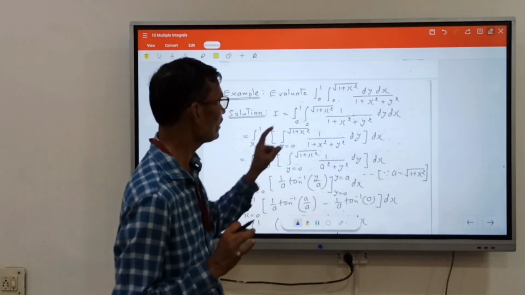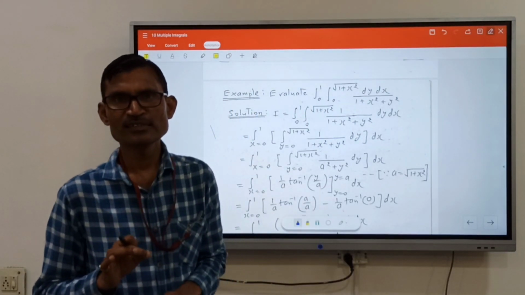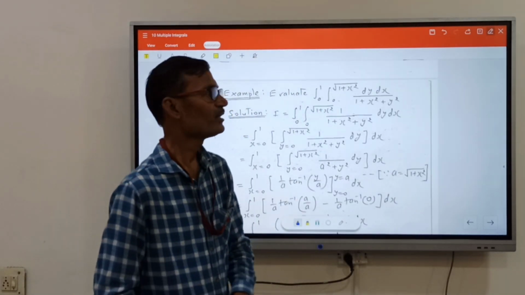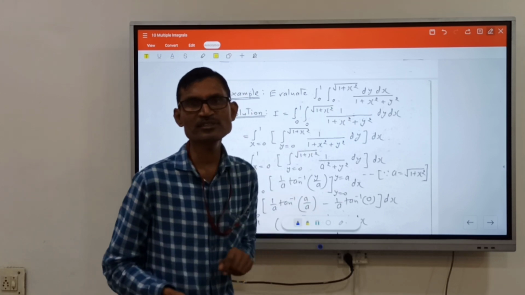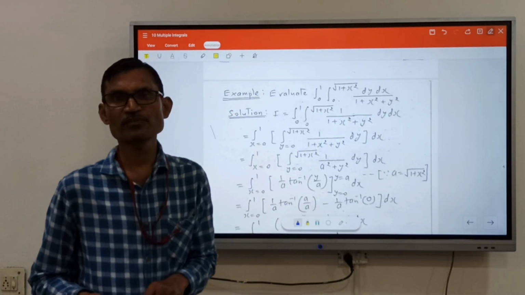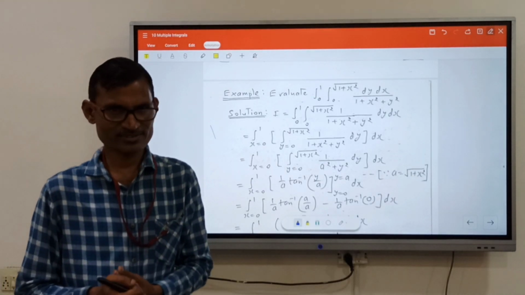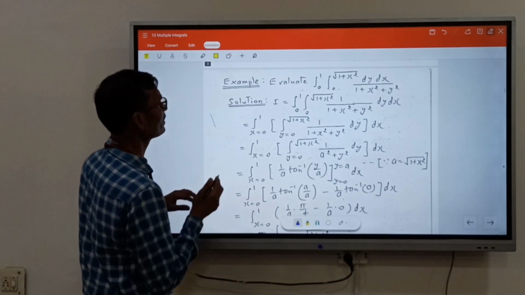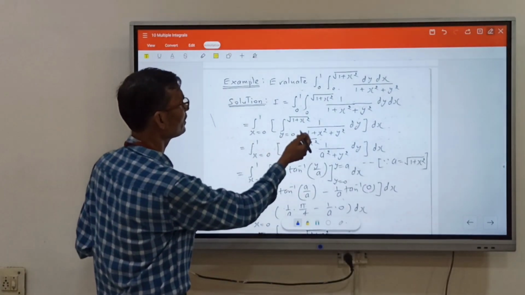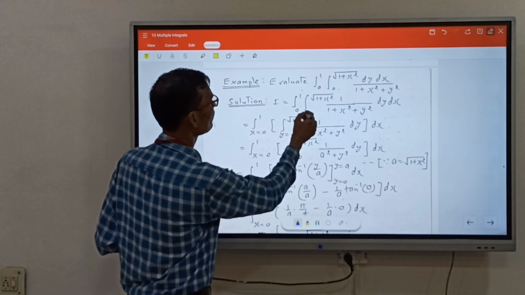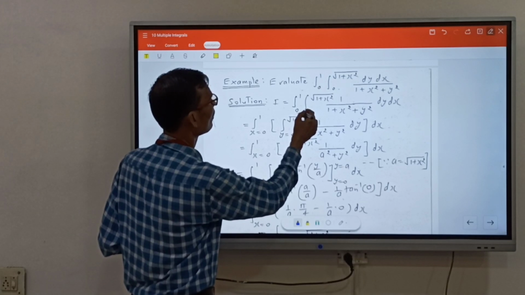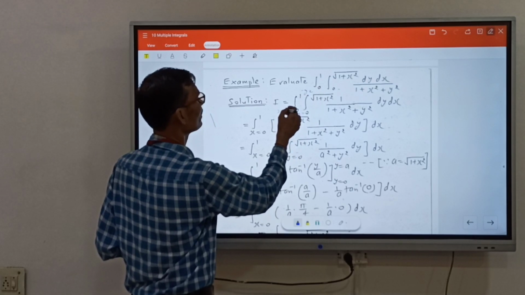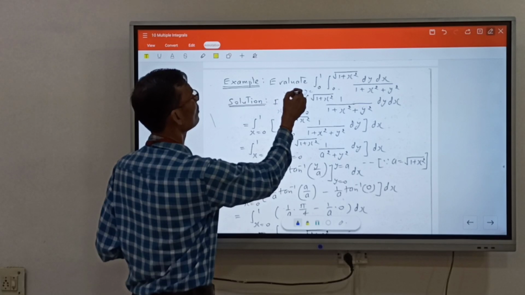So what will we do here? Which variable is missing? Here y is missing, so it represents the limits of y. If this is the limit of y, then the remaining limits will be for the variable x. So you can clearly see that this is the limits of y, and this is x equal to 0 to x equal to